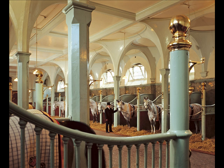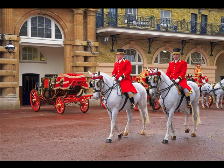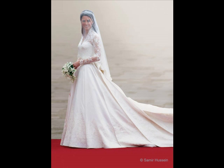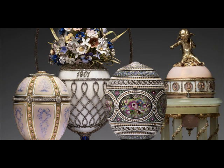The Royal Mews at Buckingham Palace is open to visitors for most of the year, and as I mentioned earlier, during the summer opening of Buckingham Palace, you can visit the staterooms, the Queen's Gallery and the Royal Mews with a special Royal Day Out ticket. The Duchess of Cambridge's wedding dress is on display in the staterooms at Buckingham Palace from the 23rd of July to the 3rd of October 2011, as is the special exhibition Royal Fabergé. You can buy tickets online, by phone and in person. Details are on the website